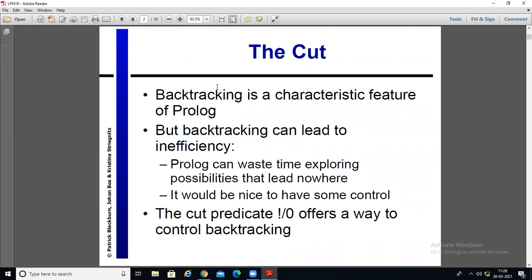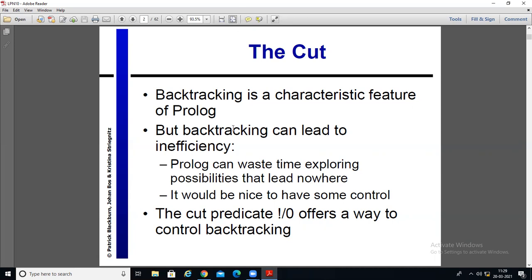As we have discussed earlier, the basic property of Prolog is backtracking. Backtracking is the characteristic of Prolog. Now what is the meaning of backtracking? If the same predicate is used multiple times in Prolog, then Prolog checks for all possible solutions. Even if a solution is found once, it will keep on checking as long as the same predicate is possible. So that is backtracking.